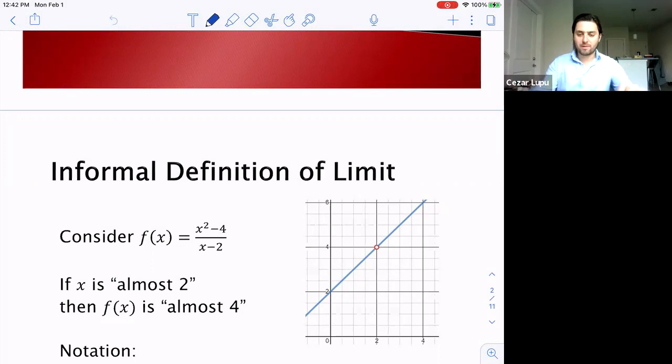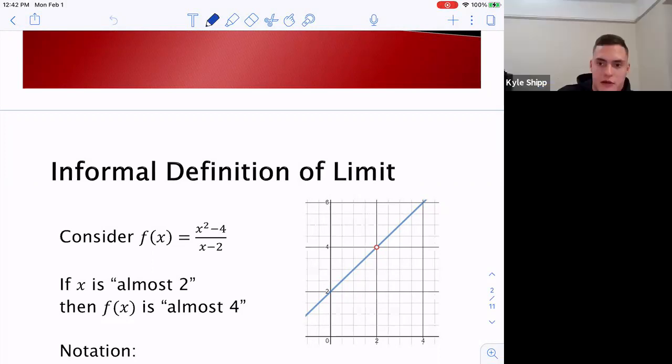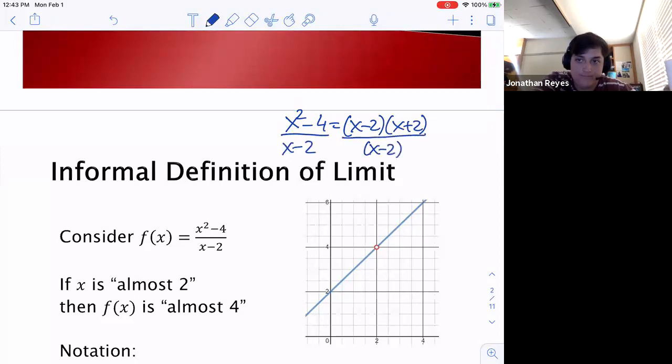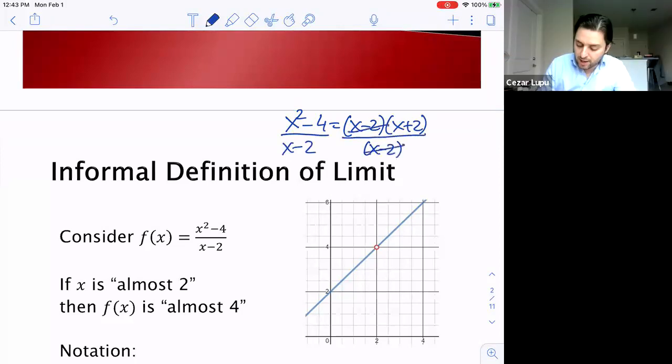A difference of squares on the top, right? So like Kyle says, x squared minus 4 can be factored into x minus 2 times x plus 2, right? And when you divide by x minus 2, this is simply just x plus 2,